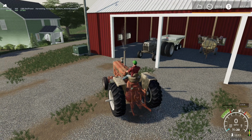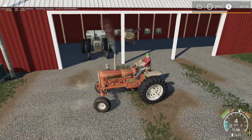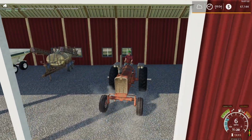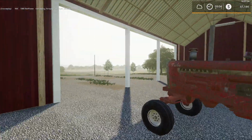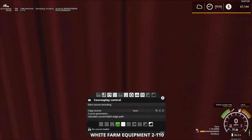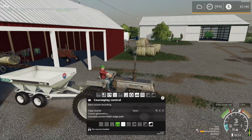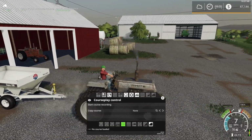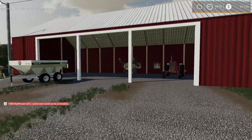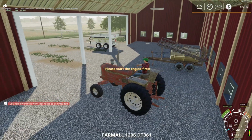I'll have to think about that. I'll maybe do a little looking around too, seeing if we got any other mods. I think for now we'll hold off on the slurry spreader. Not seeing anything I particularly like. Plus, it seems a little overly expensive. So just go back, sit there a minute. Let's grab the white here. The white is already hooked up to the spreader. So maybe I should switch these around, yeah, we better do that. Keep the white and the John Deere here on the tillage equipment. Not sure how much this farm-all can really pull horsepower-wise, so...